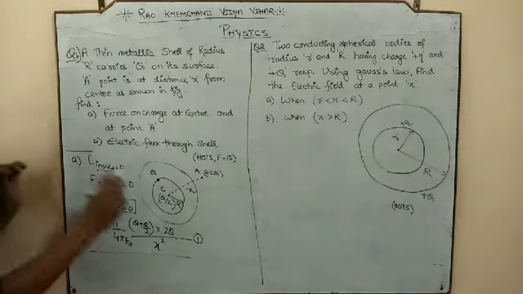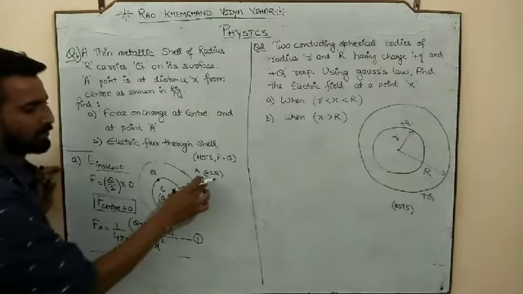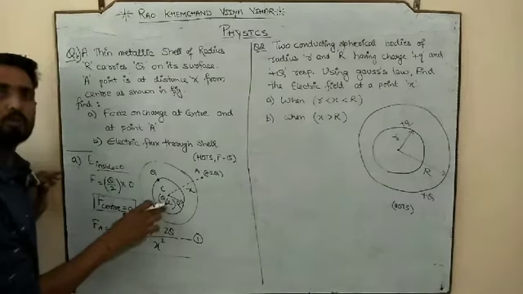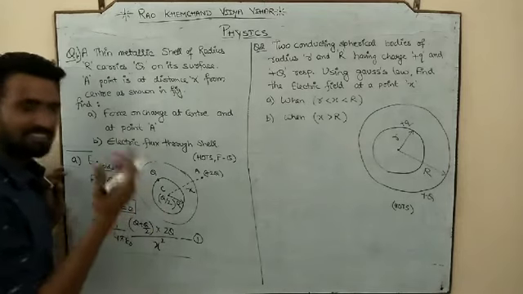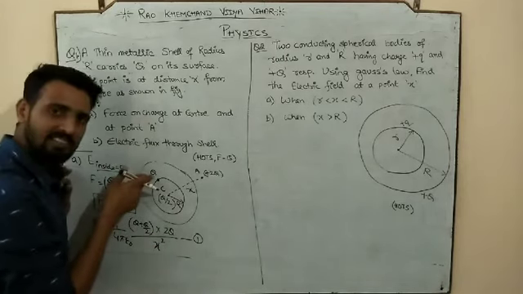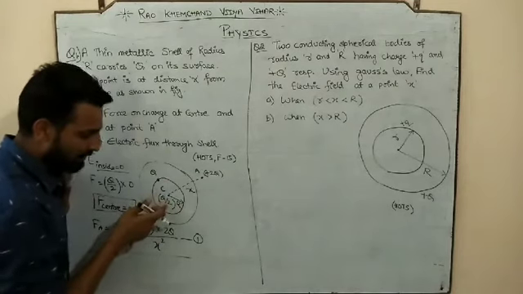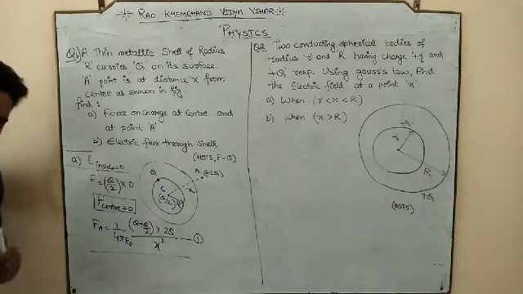So this would act as your Q1 and this would act as Q2 because you have to calculate the force on it. But in the first case, this is your Q2, Q by 2. This is your second charge. But due to whom? Due to Q or due to this? But with respect to both, this charge is at the center, so that is why the electric field is 0.